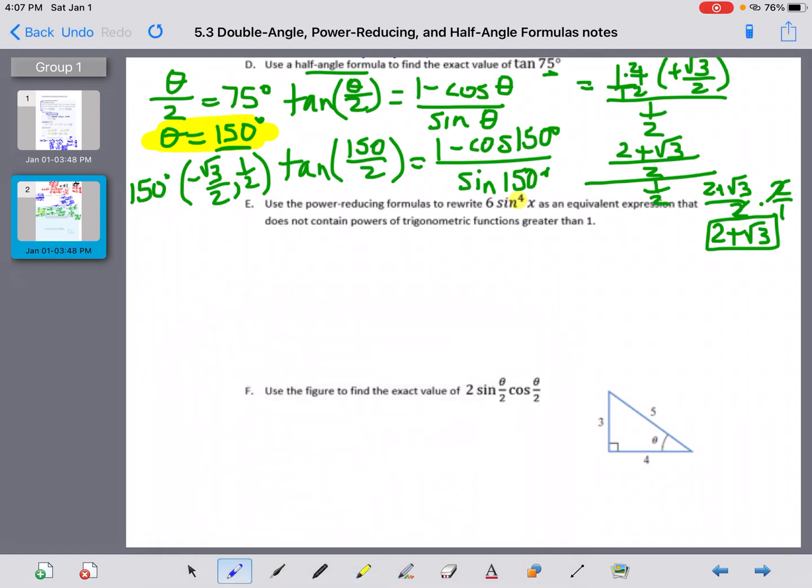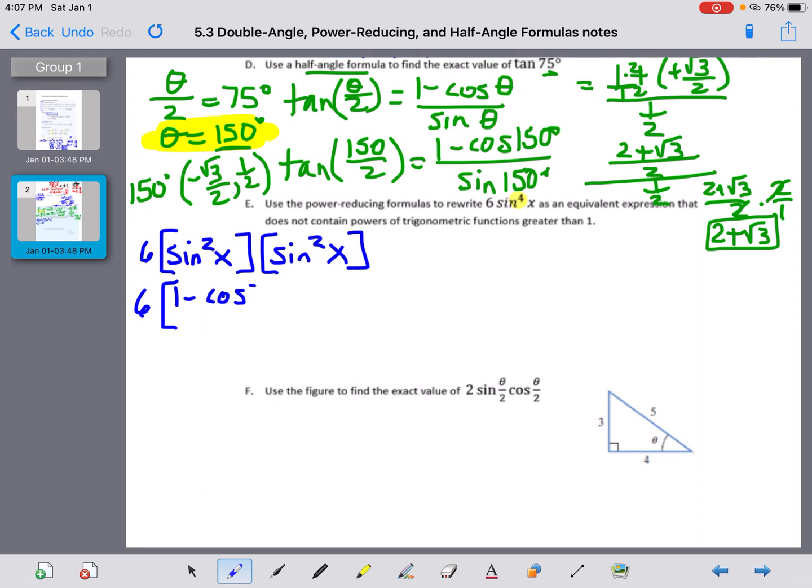All right, so we're going to leave the 6 out front. It doesn't have anything to do with my power reducing formula. And by the way, sine to the 4th, let's think of that as sine squared x times sine squared x, okay? Because that's what sine to the 4th is. If you look at the power reducing for sine, it says we're going to take that sine squared x and we're going to make it 1 minus cosine of 2x. It doubles the angle, okay, all divided by 2. And we're going to do it twice since we have 2 of the sine squared x. So 1 minus cosine 2x